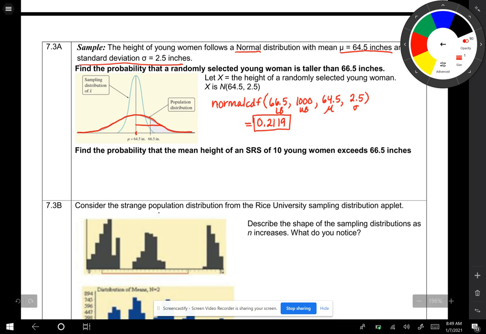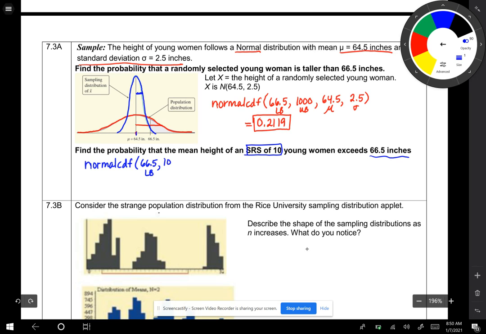Right? Now let's look at our simple random sample. So let's look at our sampling distribution. And you can see the mean is still the same. The spread is definitely smaller, but we can use the normal CDF because our population distribution is normal, which is so much nicer. We don't have to do any normal condition here. So find the probability that the mean height of a simple random sample of 10 young women exceeds that 66.5 inches. So our lower bound is 66.5,